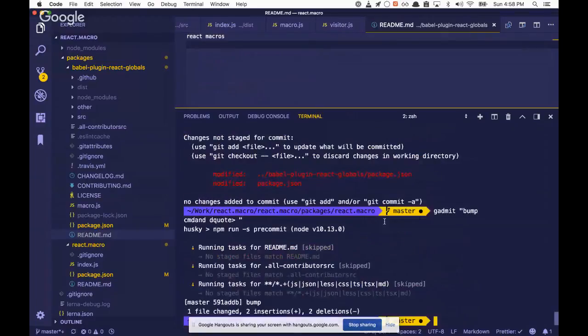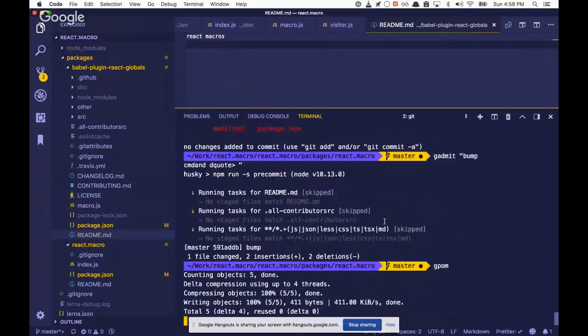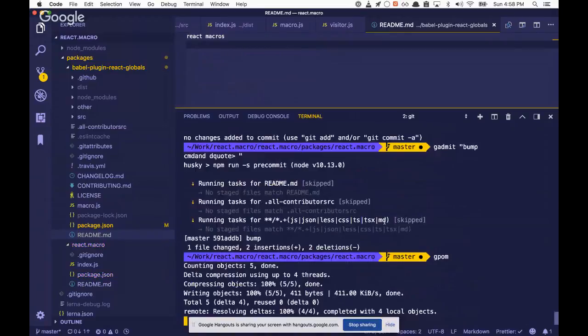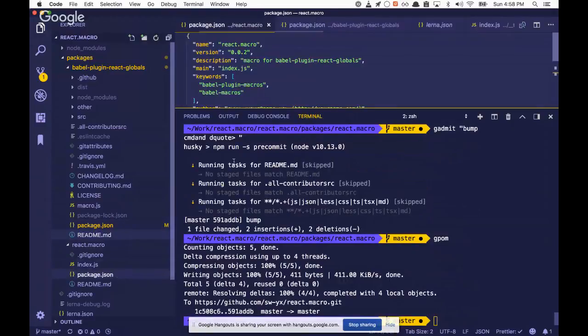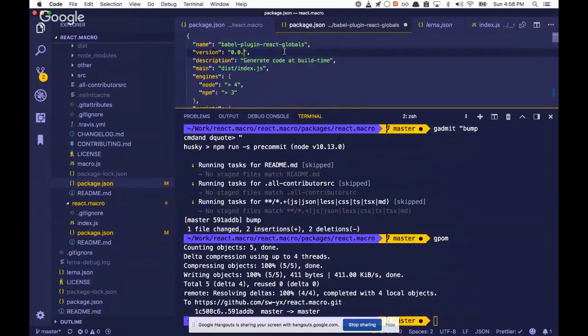This is very bad Git discipline, by the way. I know. Okay, so if I'm not using the Lerna process, I'm going to have to manually bump the version numbers, which is not the worst thing in the world, but definitely doesn't respect the Lerna